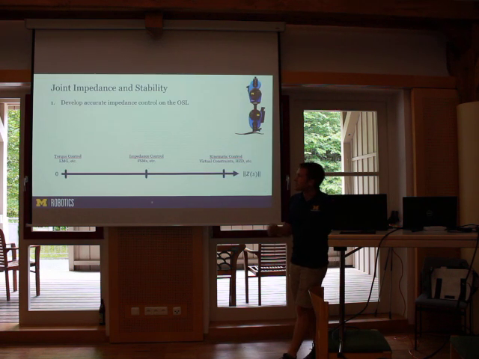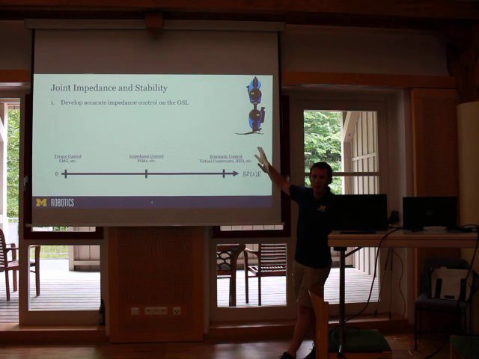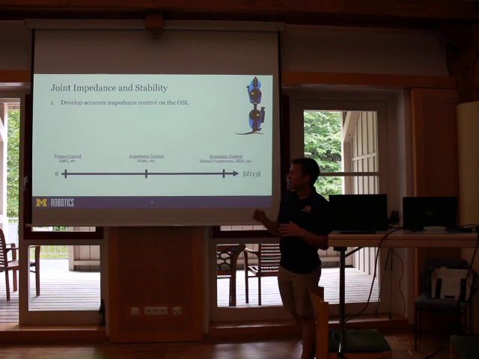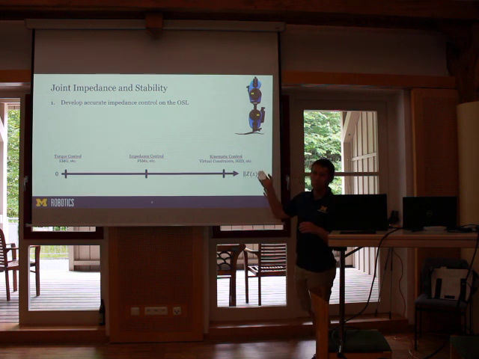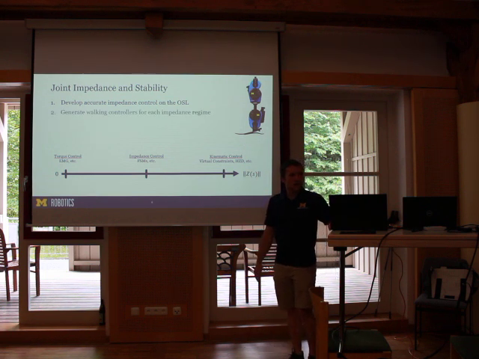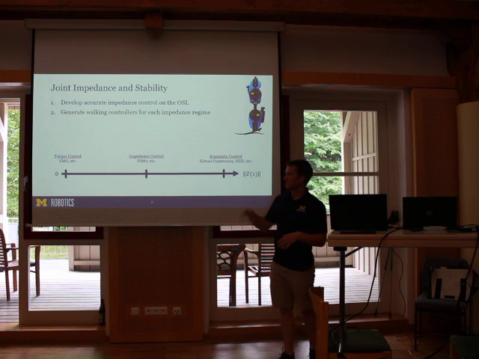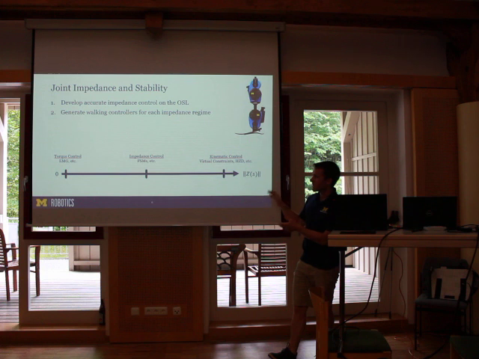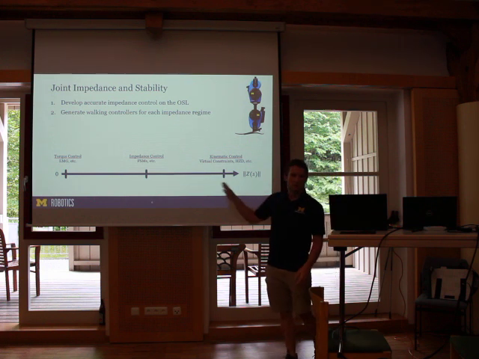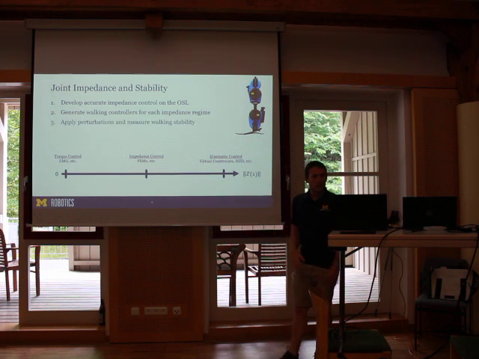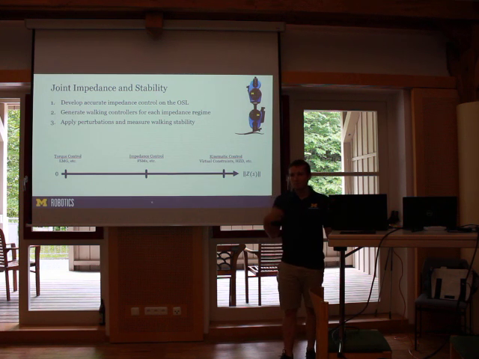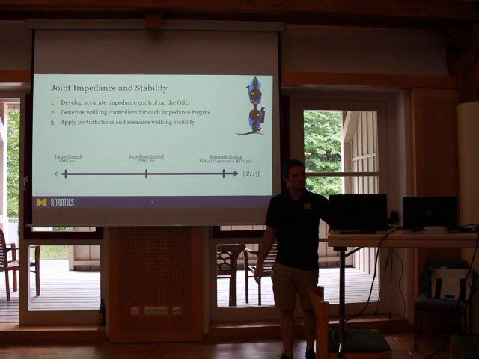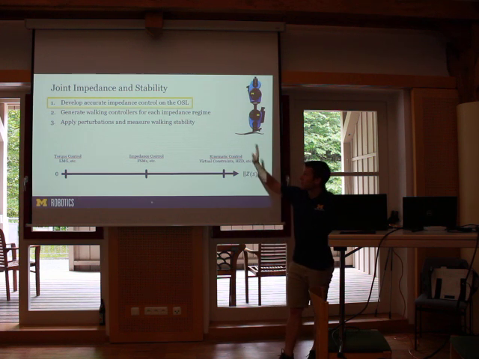So, to test this, we're going to use the open source leg, the OSL, and we're going to control it in each of these paradigms. So to be able to do that, first we need to develop accurate impedance control. And then we're going to generate walking controllers, one that's very low impedance, like a torque controller, very stiff ones, like a kinematic controller, and then some stuff in the middle to be determined. And then we're going to apply perturbations, kind of like we saw with Martin's study, and we're going to see how stability is affected. The rest of this talk is going to be about this first point, because that's all